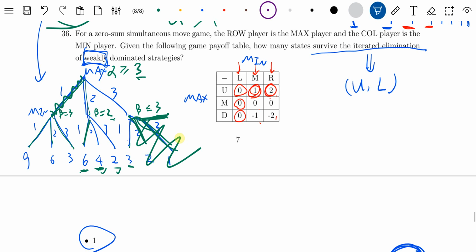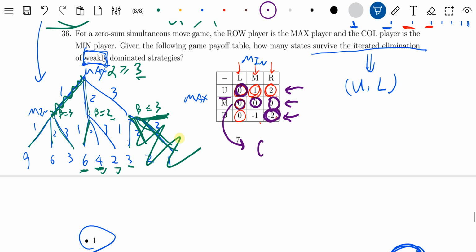So let's use another color. For the column player, fix each row. Suppose the max player is playing U, then I'm going to minimize. So I'm going to do this, and here I'm going to do 1, 2, 3. They are the same for me. And fixing the max player playing D, I'm going to minimize. I'm going to choose this. So the cells with